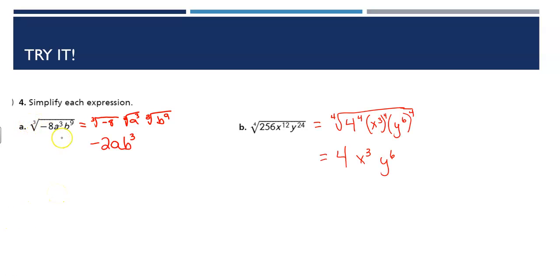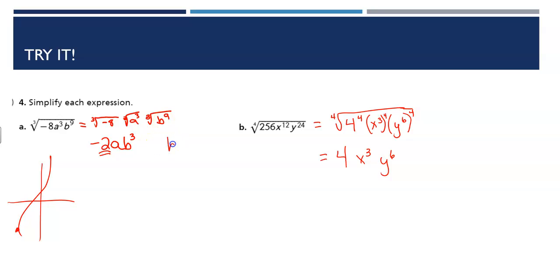The cubed root, and I took the cubed root of a -8, and you remember that when you have a cubed root function, it looks something like this. So the cubed root, to have a negative value down here, this one has to be negative. Kind of helps you. And then the cubed root of a cubed is obviously a, and this could be rewritten as b to the third, or I can just divide 9 divided by 3. Now remember, divide, don't subtract, divide,